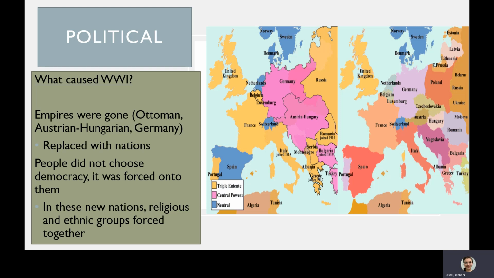This was a problem because the people didn't choose to be democratic. Now, in the US of A, we think of democracy as the best thing ever. Like who doesn't want to be in a democracy? The thing is, as in history, as in life, no one wants anything they're forced into. People like the choice. Nothing works if you're forced into it. So forcing people to have a democracy doesn't work.